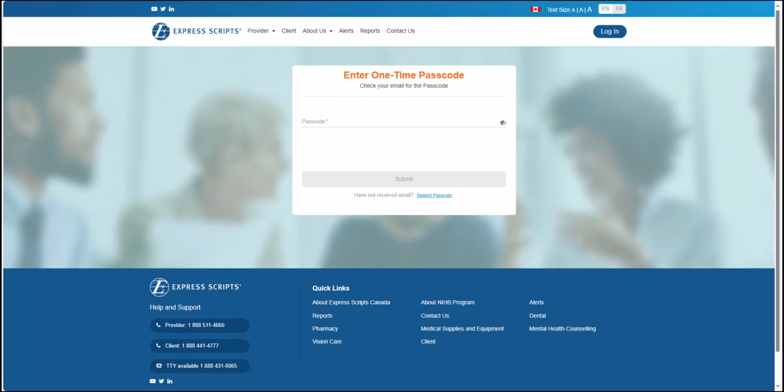Once you pass the privacy notice, you will be redirected to a web page where you are required to undergo multi-factor authentication. You will receive an email to the email address registered to your NIHB web account. Within the email, there will be a 6-digit one-time passcode that you are required to enter in the displayed screen. Enter the 6-digit one-time passcode in the Enter One-Time Passcode field and click Submit. Once the system authenticates your passcode, you will be redirected to your NIHB web account. Please note that if you enter the wrong passcode, an "invalid passcode, please try again" message will appear on the